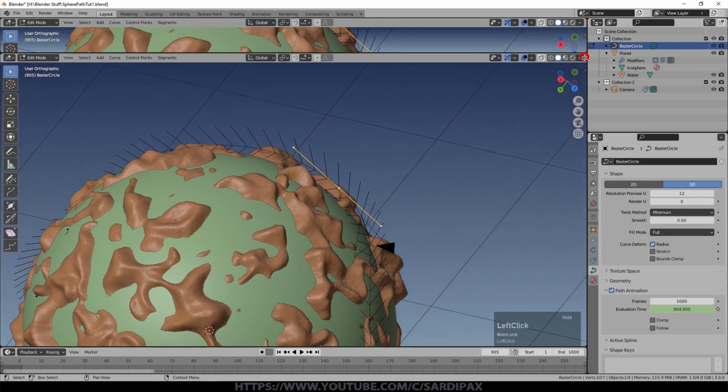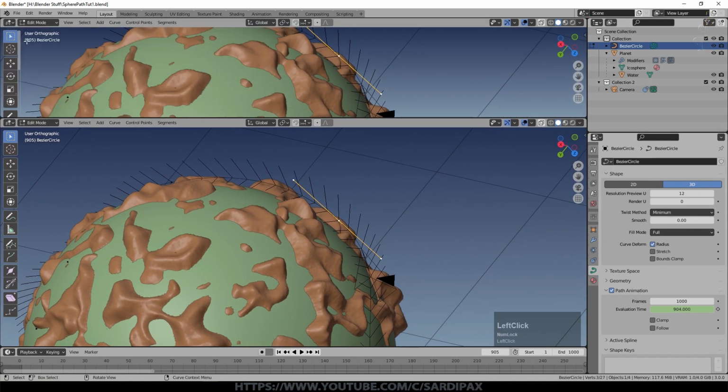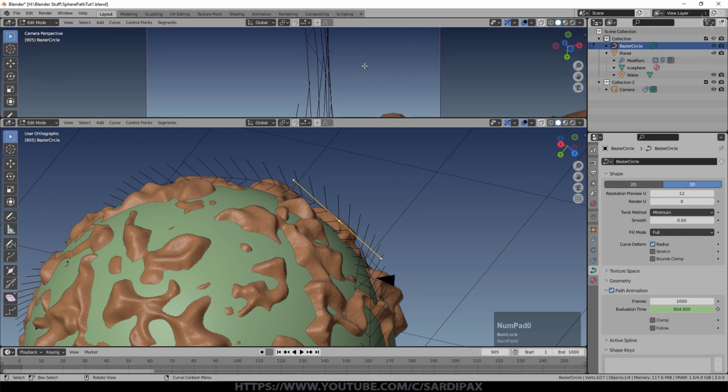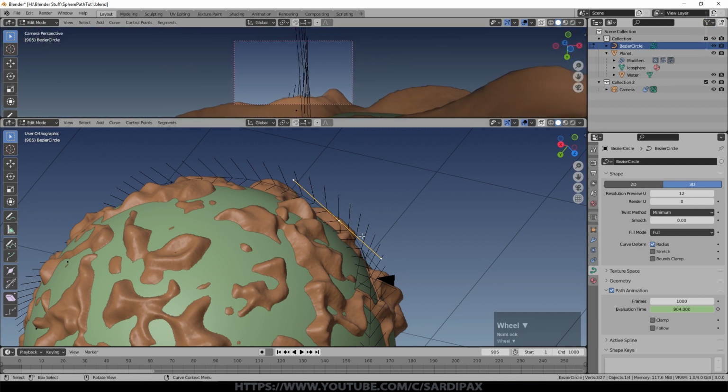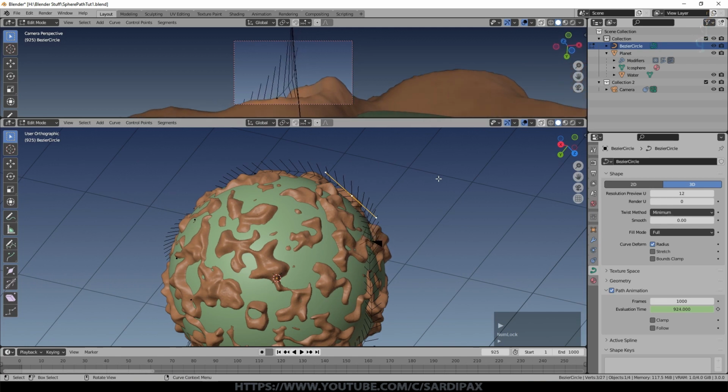As you press the right arrow just to move through, just to see what the camera is looking at as it goes. Need be, you can open another window up and set that to 3D viewport, and then just press 0 and you can see the view of the camera. And here we've got a nice view where we can see what the camera is doing, and we can see at the top there what the camera will see.